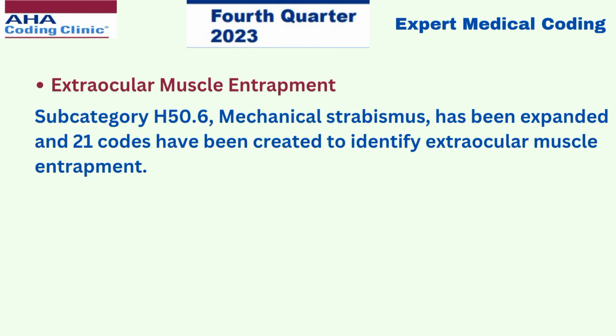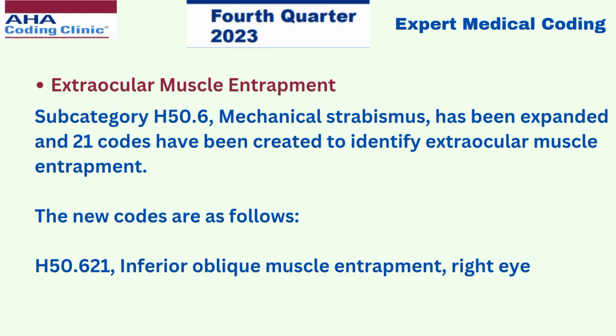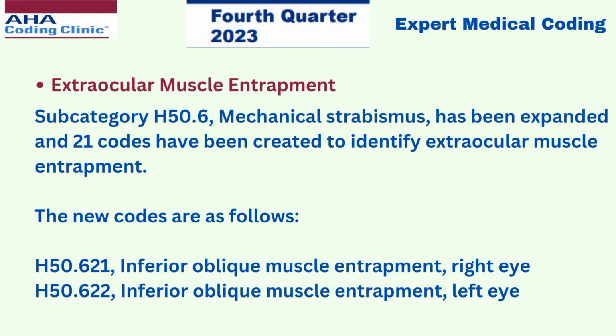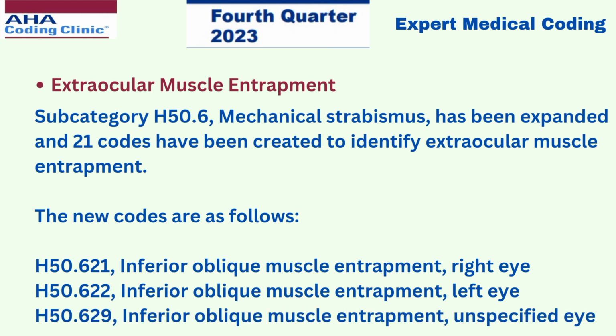Subcategory H50.6 mechanical strabismus has been expanded and 21 codes have been created to identify extraocular muscle entrapment. The new codes are as follows: H50.621 inferior oblique muscle entrapment right eye, H50.622 inferior oblique muscle entrapment left eye, H50.629 inferior oblique muscle entrapment unspecified eye,